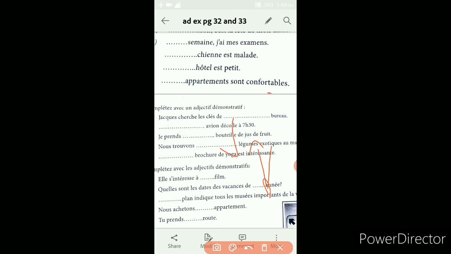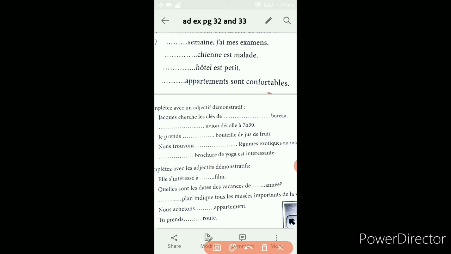Secondly, it is singular because it is not ending up with S or ES or X. Third, it is ending up with E, so it is feminine. For feminine singular with a vowel, the plural concept is not applicable at all. So you have to apply the usual feminine singular concept. CETTE, cette année.